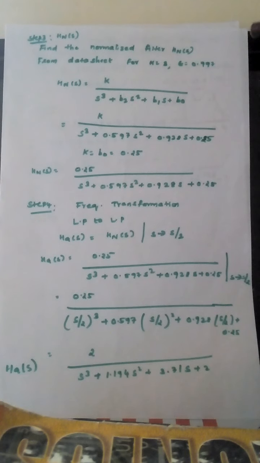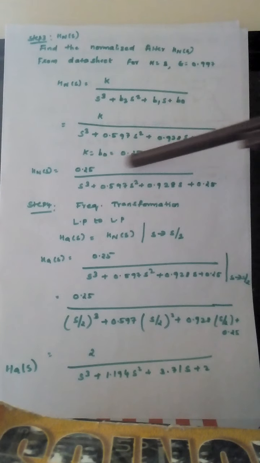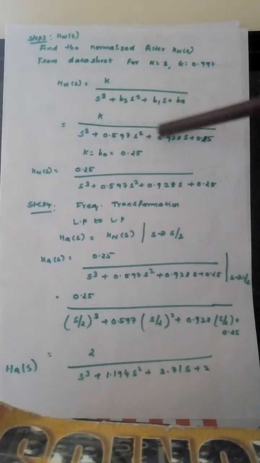So next step, we have to find out the transfer function. For finding the transfer function, we have to consider the n value and epsilon value. Here the n value is 3 and the epsilon value is 0.997. Again in the data sheet, you go to the third page, and find the epsilon value 0.997. In that, you go to n value 3, and get the B0, B1 and B2 values. If you write them here, we'll get this transfer function. This is from the data sheet.